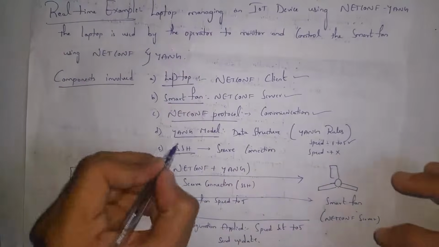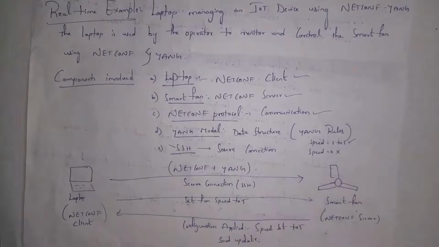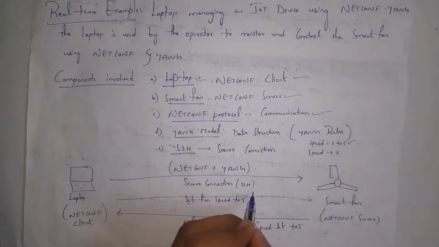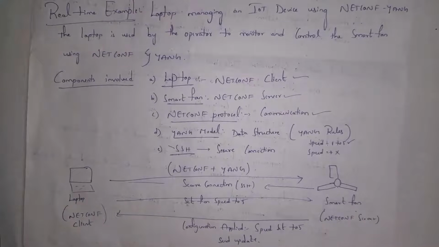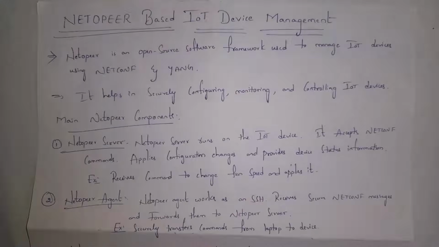By using SSH, we can establish a secure connection. So by using SSH, a secure connection is established. Now the laptop and the smart fan can communicate with each other. For example, by using commands, I will set the fan speed as 5 and that update is sent to the operator. Next I will explain